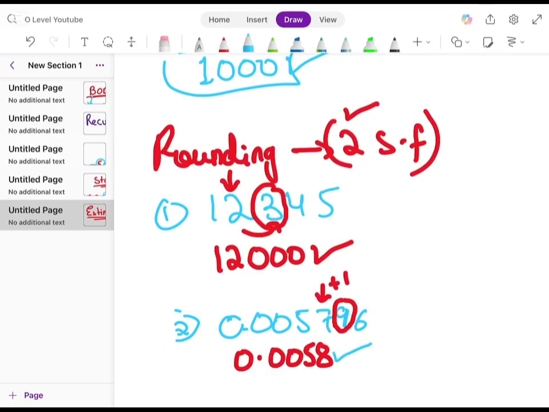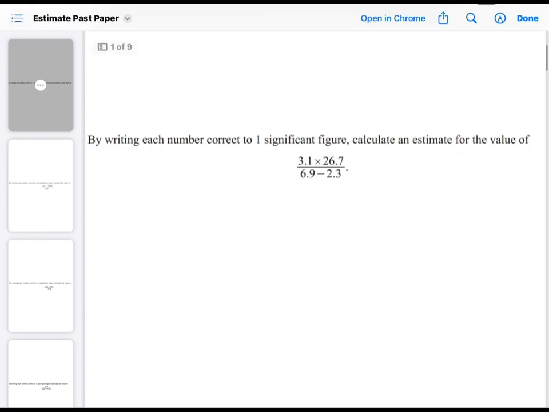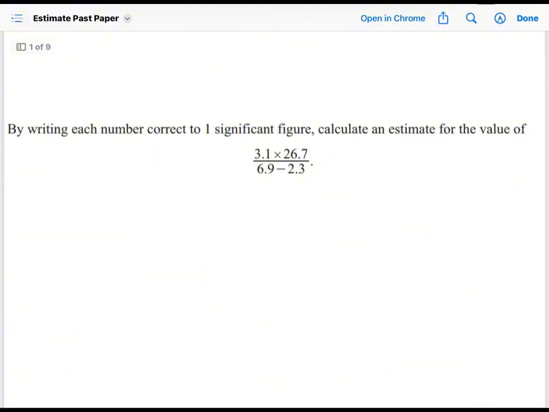So that's it. I hope everything is clear, the concept is clear to you. Now we will solve the past paper question. Now we will solve the past paper related to estimation, and as I told you, these all questions are from the recent past paper questions. So starting with question number 1. Question 1 we have, by writing each number correct to one significant figure, calculate an estimate for the value. So basically first we need to write each number as one significant figure, and then we need to